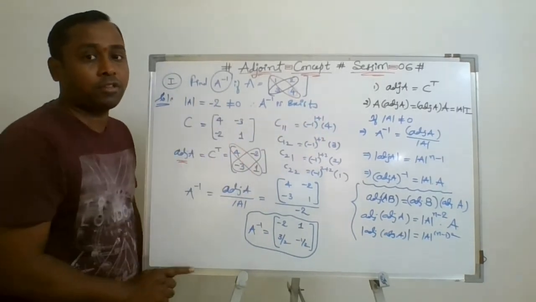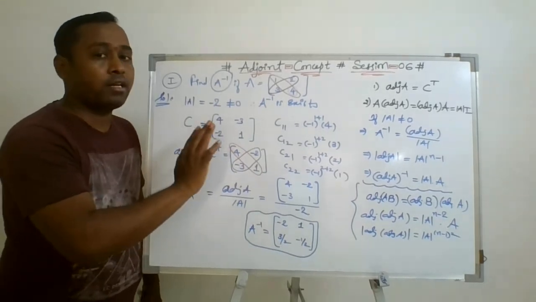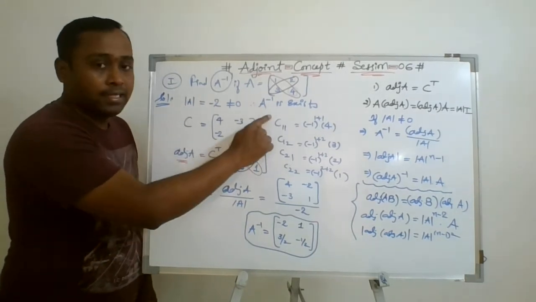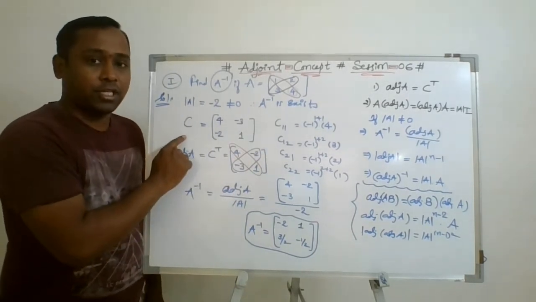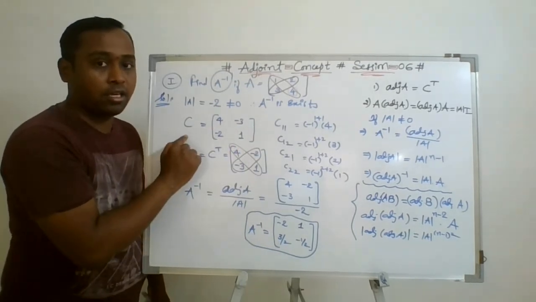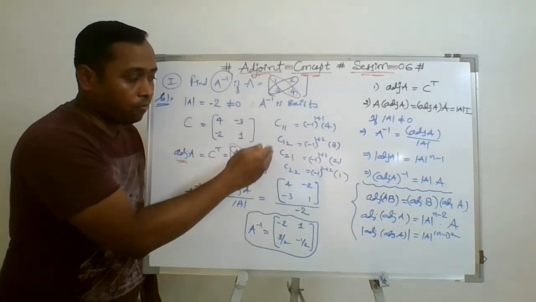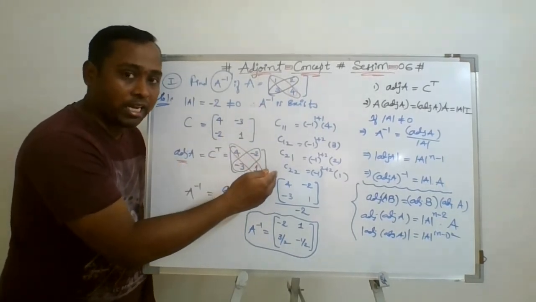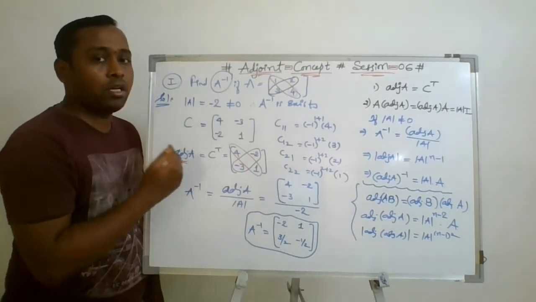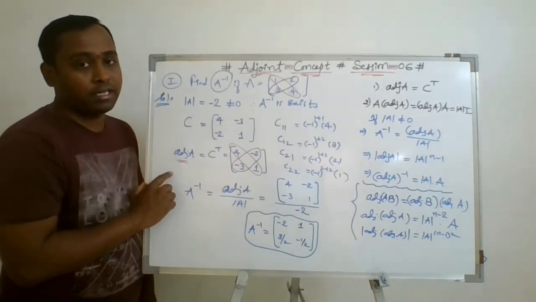Then only you will go for the method. Otherwise, you will simply stop and state that the inverse won't exist. Then if it exists, go for the cofactor matrix. You may do the mental calculation and directly write the cofactor matrix. If not, you may list all the cofactors first for each element and then write them in their proper order, and then take the cofactor matrix transpose, which will give the adjoint of A.